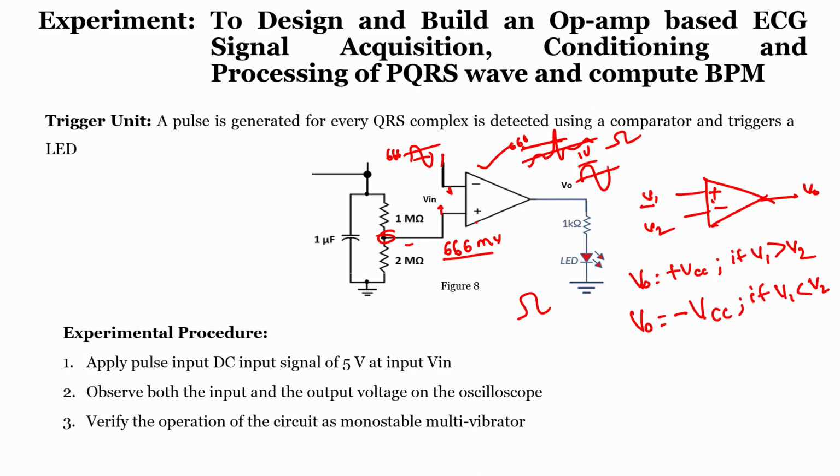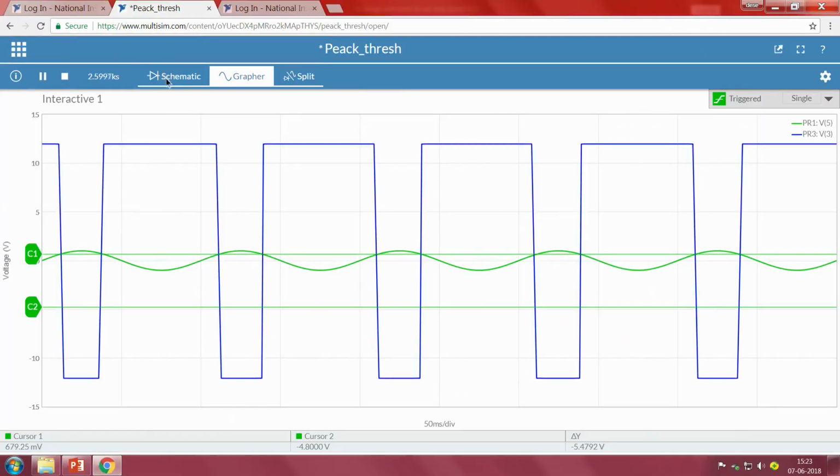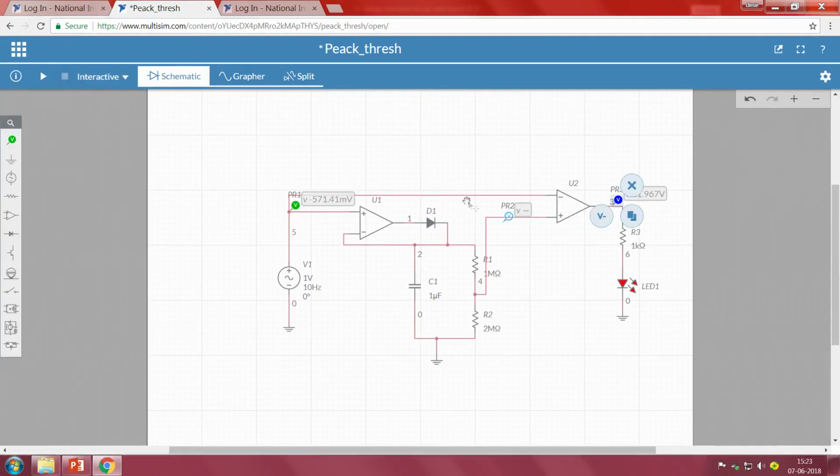So that means if I make this a positive and this a negative, then what happens, since it is 666 and this is the sinusoidal wave. This is the threshold. In order for V naught to become higher, the input voltage should be greater than the threshold value, only then it will become higher. Now just to see that, let me go to schematic and stop the circuit.